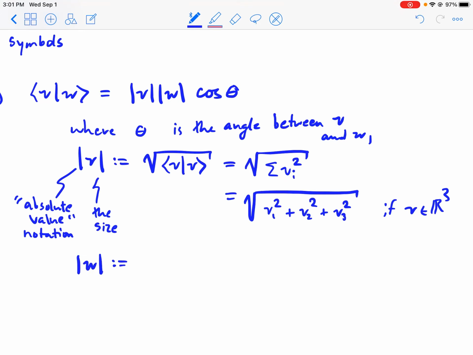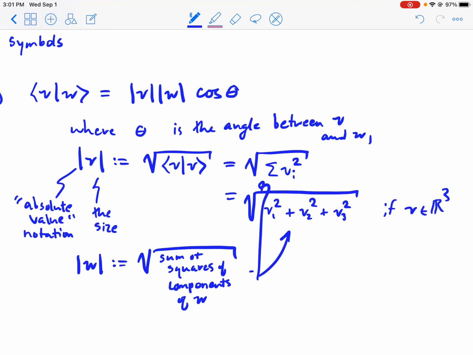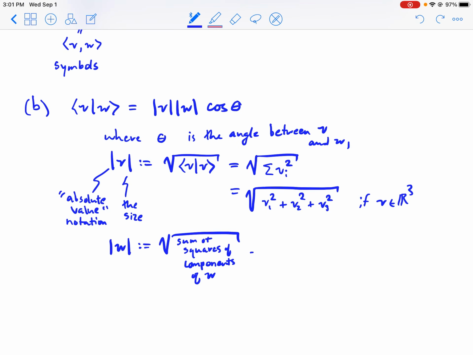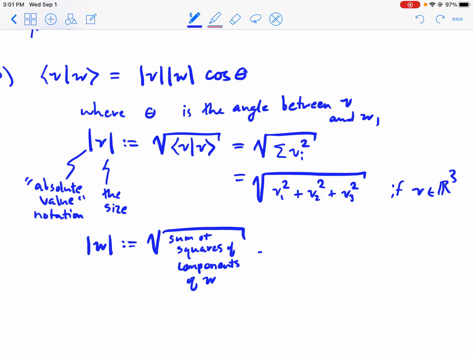And same thing for w. I mean, just what's the length of w? Well, we define it to be the square root of the sum of squares of components, or the coordinates of w. That's what it is. And you can write it in all these different ways, and it's basically,